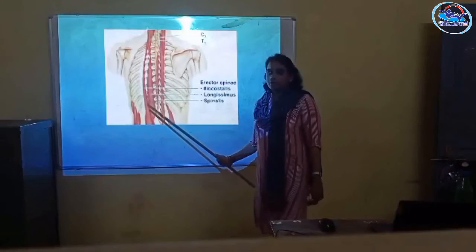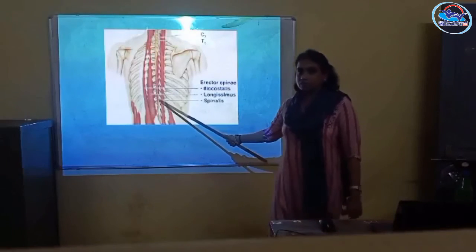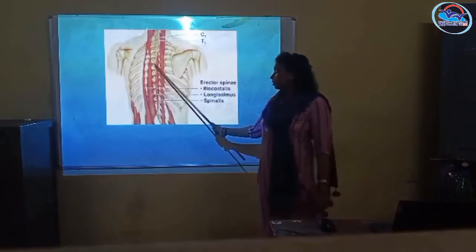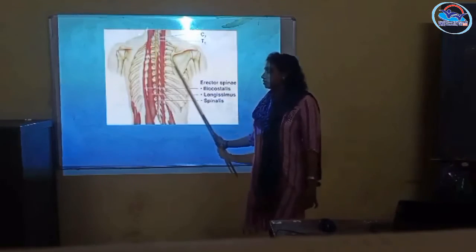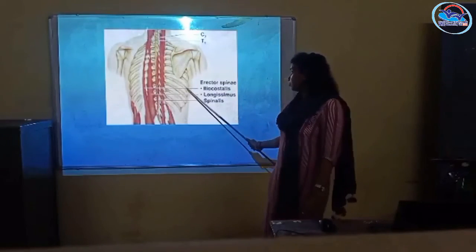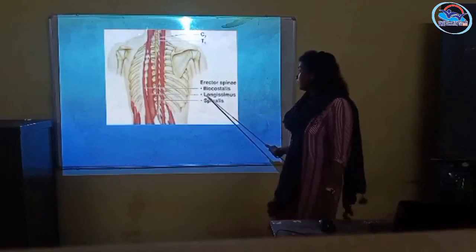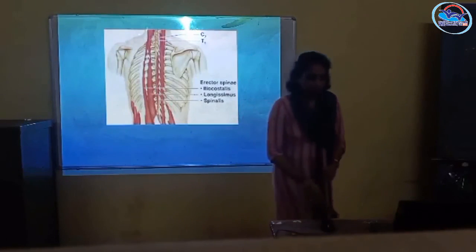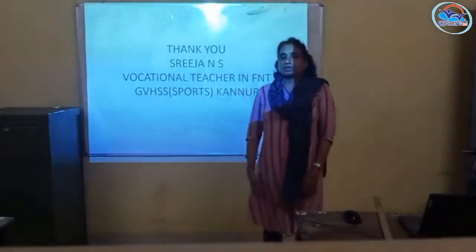In this slide, you can see the erector spinae muscles. These muscles erect the spine. Here you can see on both sides of the spine are the erector muscles. This one is iliocostalis, longissimus, and spinalis. Today's class